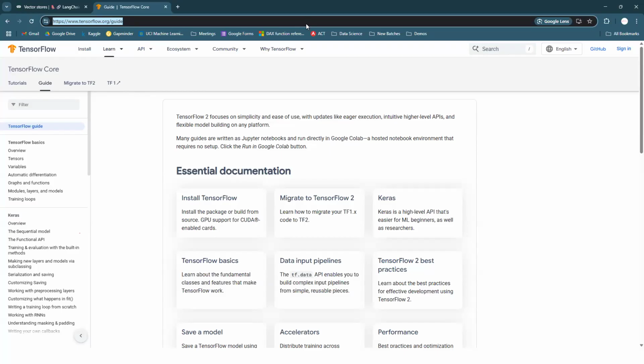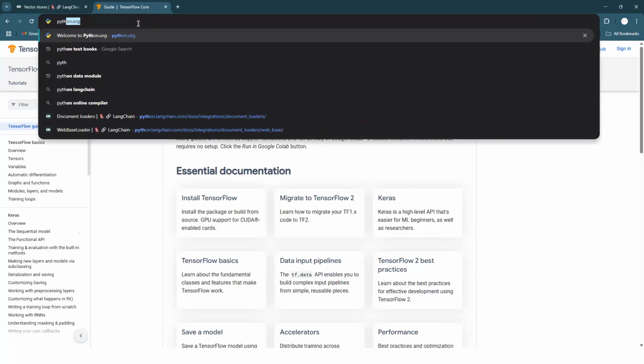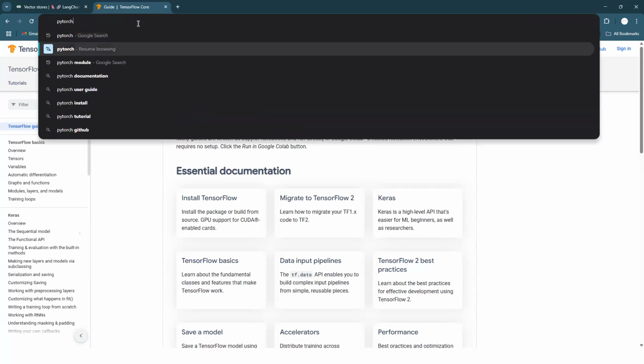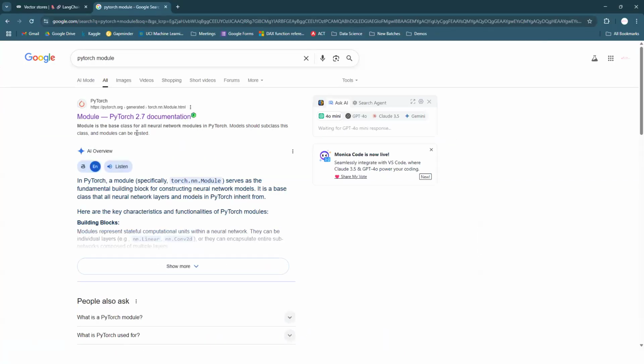First of all, Python libraries themselves are open source, guys. TensorFlow is a Python library. TensorFlow and PyTorch are available for Python.